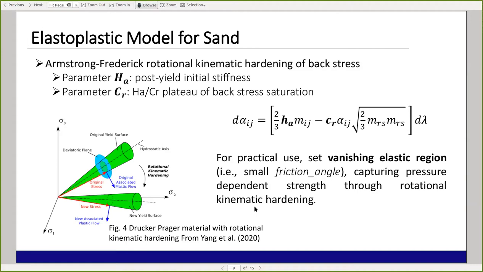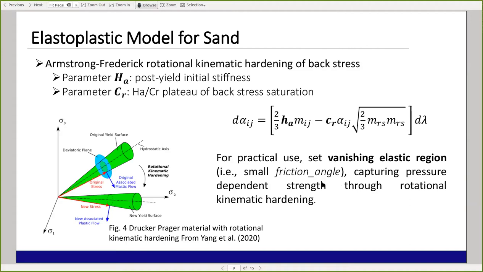And for practical use, because soil or sand plastifies at a very low stress level, we generally set a very small or vanishing elastic region, which is done by setting a very small friction